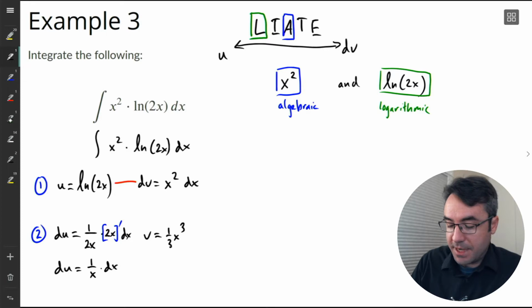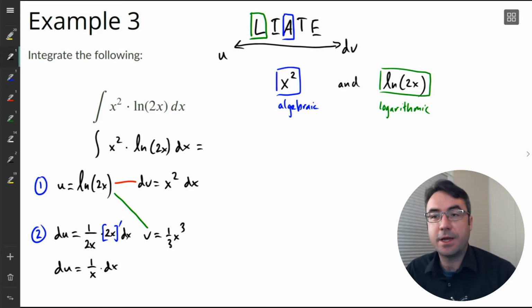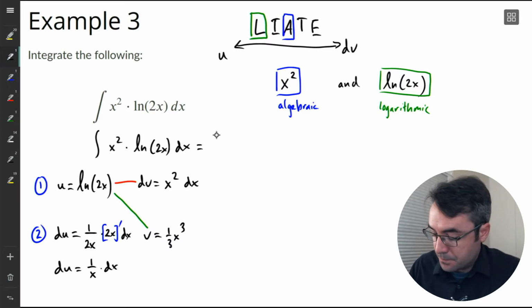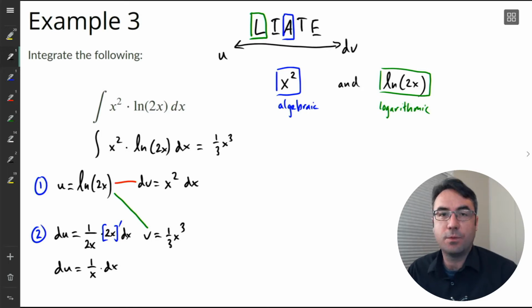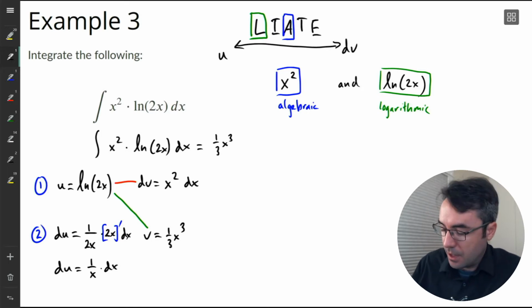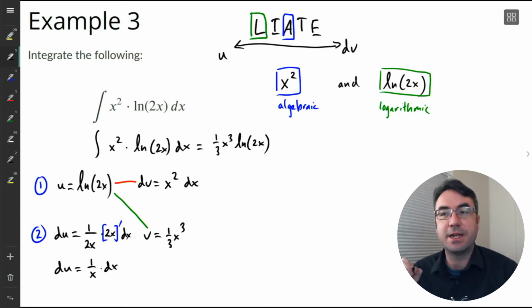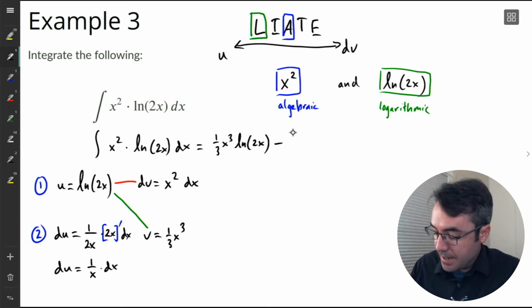And what the formula says is that that's equal to u times v. So let's write u times v. To keep things nice and tidy, we're going to put the 1/3 x cubed in front of the natural log when we write that. So 1/3 x cubed times natural log 2x. Then we subtract and integrate,